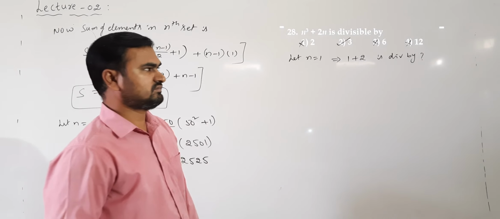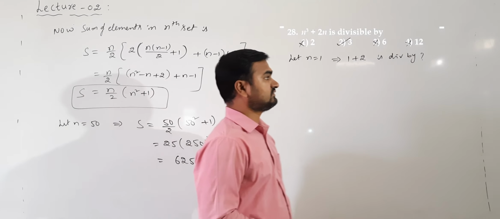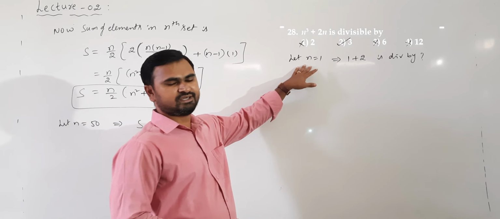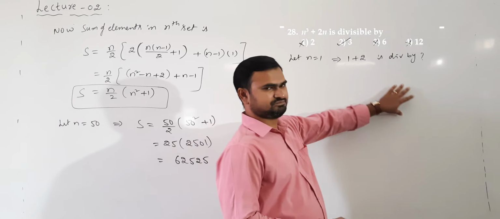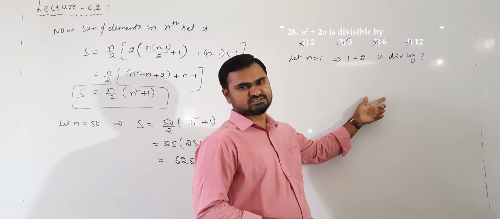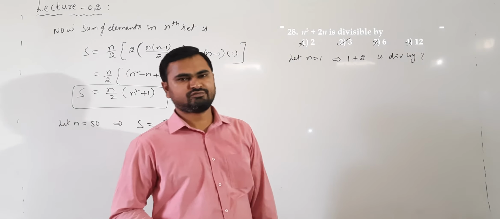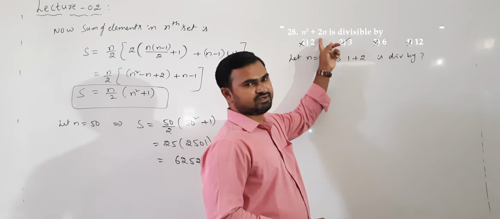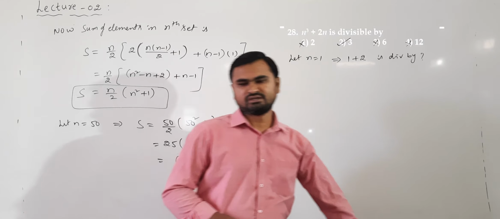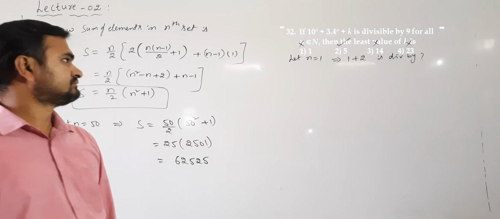Now what if more than one option satisfies? If more than one option satisfies, then the method we use is we take n equal to 2 and find the value. Okay. So after taking n equal to 1 and n equal to 2, we will be getting two values. Now in those two values, we will take the highest common factor. Okay. So the highest common factor will be the number required that is divisible. Okay. So mostly one option will be satisfied here.